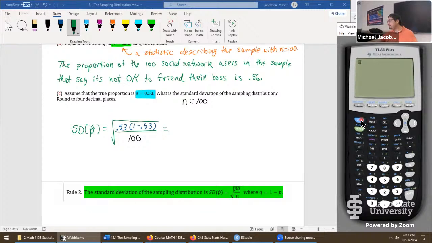Start by going second, and what you're looking for is the power 2 button. It's sort of midway to the left, right above where it says log. If you have the up arrow flashing like this, and you press the power 2 button, it'll print out the square root symbol. Now, word of warning, everything stays inside the square root.